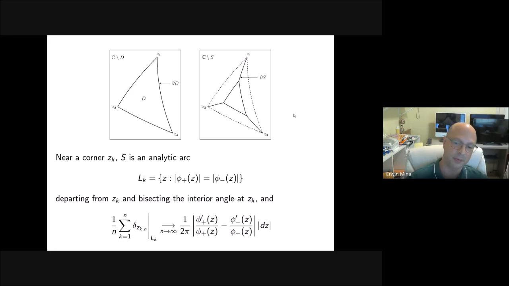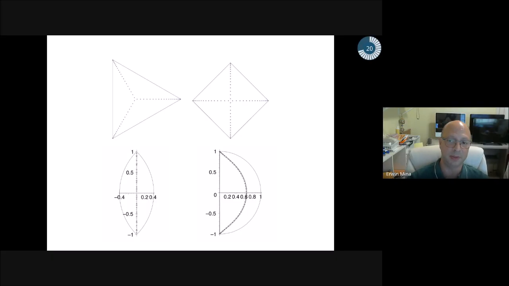Now I will not give you in this talk the definition of this set S because it's a little bit intricate. So if you are really interested in how to define this set S, you would have to consult a paper. So let's go back then to these examples that I showed you earlier. For instance, in the case of a triangle, what is my set S? Well, it's just precisely the three segments that connect the center of the equilateral triangle to the vertices.